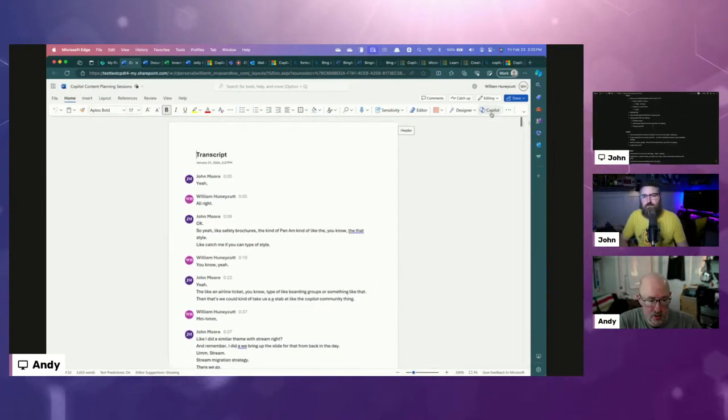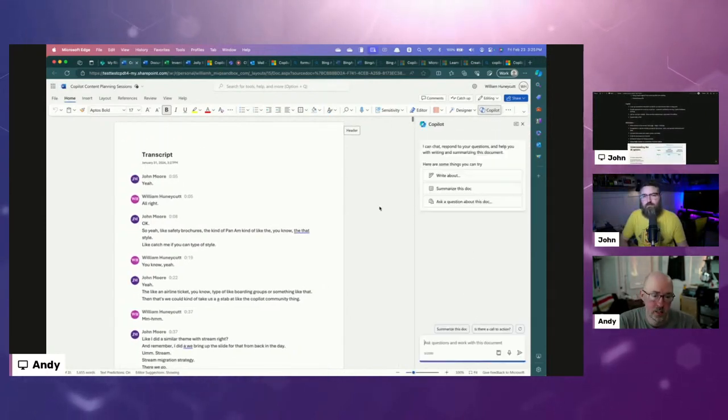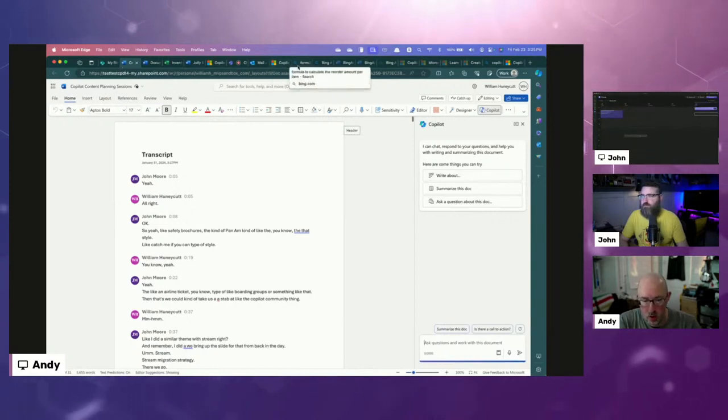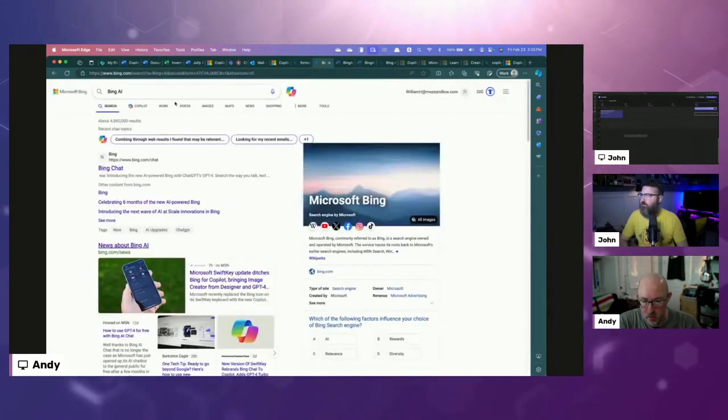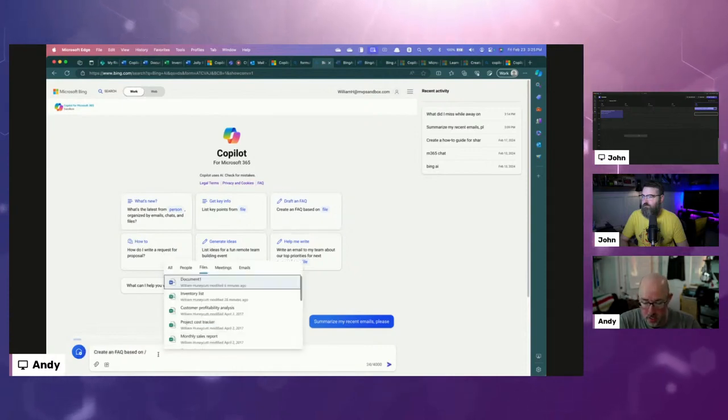for the conversation. And then we're able to open up Copilot on the sidebar, and then I can do a lot of the same things. I can do that from here, or I could do that from Copilot home. So if I were to go to Copilot for work, that file is now in my OneDrive, and then I can create an FAQ based on that file. I just need to tell it what the name of that thing is, and then I can create that FAQ around it. So you don't lose the ability to Copilot against the transcript after the meeting's over,